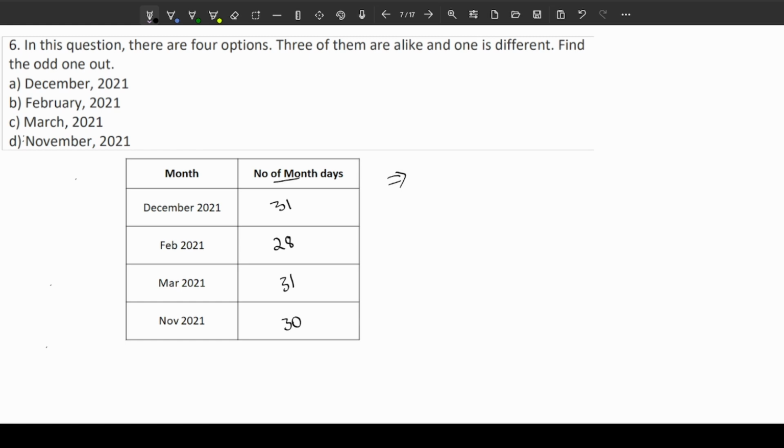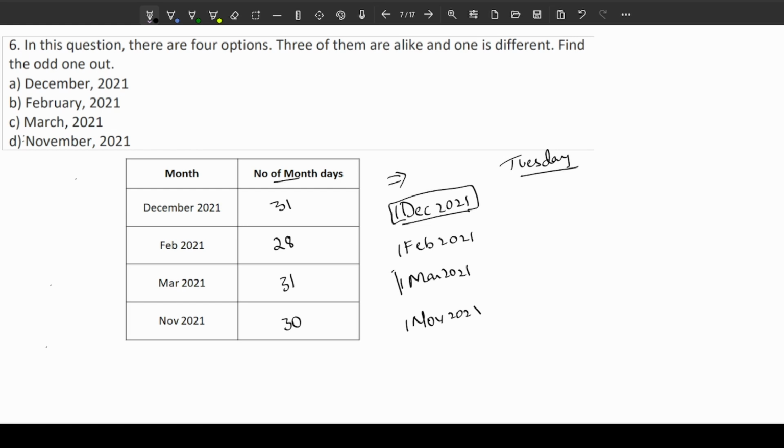What I can think about next is, what if they all start on the same day? Like 1st December 2021, 1st Feb 2021, 1st March 2021, and 1st November 2021. What if three of them start on the same day, let's say some Tuesday? So the other can be an odd one out, right? Now, the question is, how do you find the day of 1st December 2021 or 1st March 2021? There are multiple ways where you can find. There are different formulas, different methods, but I want to take an approach without a complex formula, but a basic